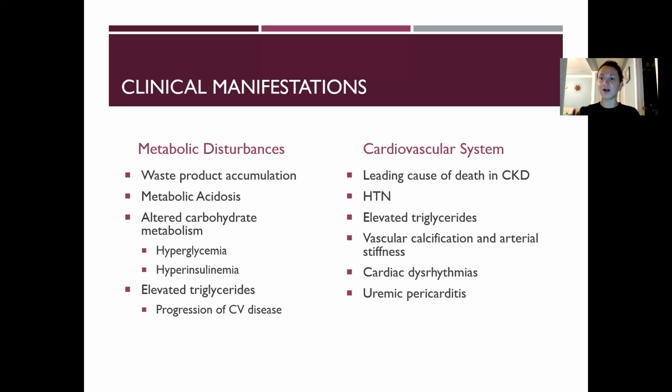Cardiac dysrhythmias can occur, and the number one reason for that is because of hyperkalemia. And then uremic pericarditis, we talked about pericarditis in the cardiac section. That is inflammation of the pericardial sac surrounding the heart, which allows for the heart to pump without any friction. In pericarditis, we can have inflammation of those sacs, and uremic pericarditis is because the kidneys cause the pericarditis to occur from the urine that has kind of migrated into the blood.